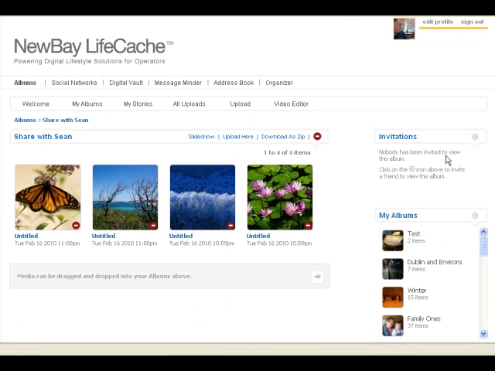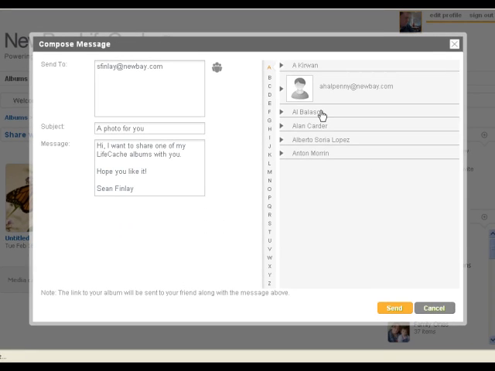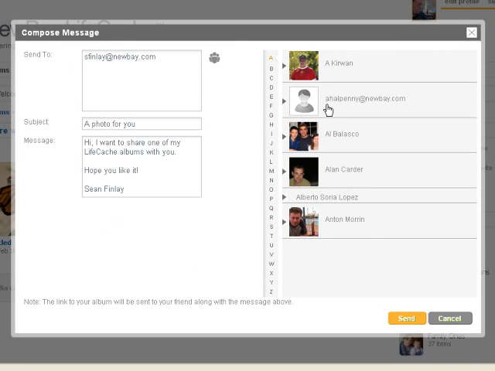So I'm going to go ahead and invite somebody to view the content. When I click on the plus sign, it brings up a message composer, and in this message composer I can enter an email address in ordinary text format. There's a subject and some customizable text in the message segment. I also have a little tool over here that allows me to access all of my address book contents, and